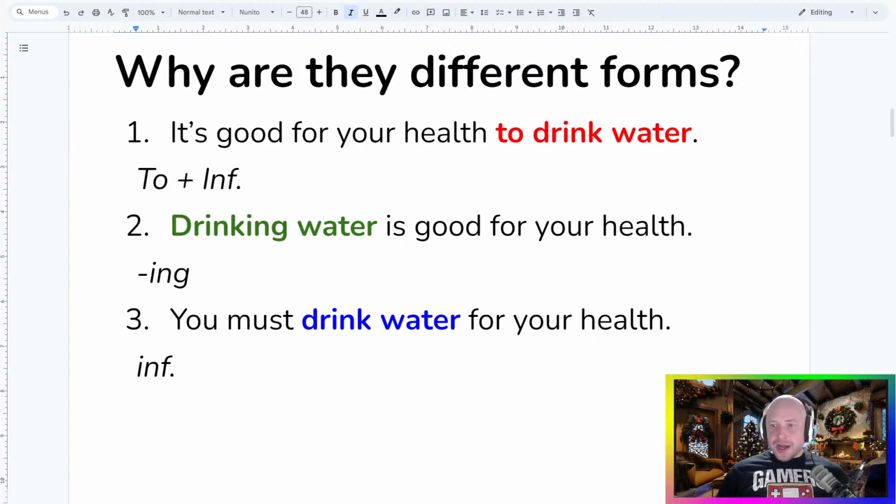So there's a few answers in the chat about what's going on. Manuel says drinking water is a noun. Raquel says in to, the verb is the object, question mark. It's the subject, Raquel, but it's a noun, yeah. After a modal verb, we use the bare infinitive for number 3, says Anawat, yes.